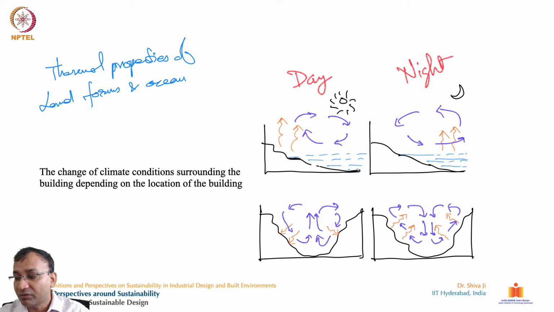So if we have a house over here on this cliff, it is very important for us to understand what time of the day we want this ventilation, because this circle you see from here is moving clockwise, and this one is moving anti-clockwise. In the night time it is going to behave in such a way, and in the daytime in such a way. So it's different, and in a valley also, you see, it's reversed.